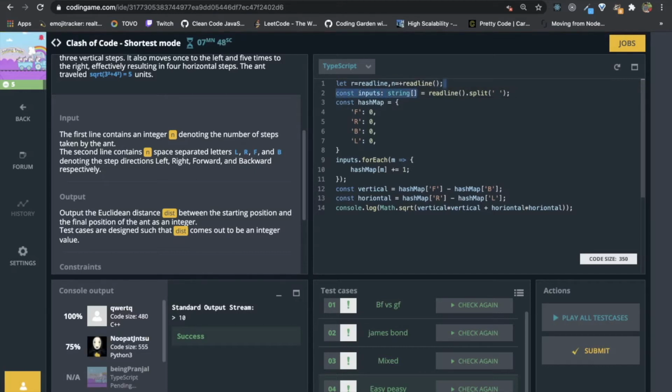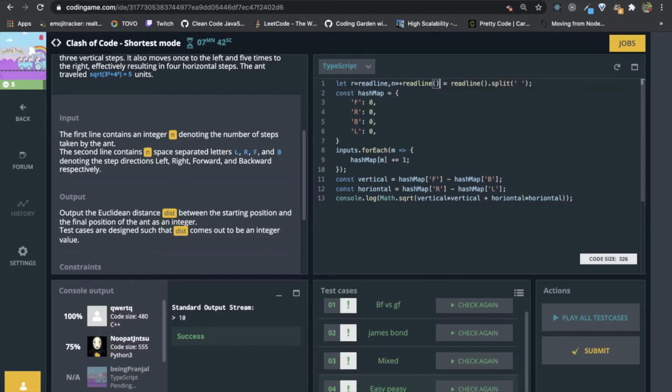Now we have inputs, so we can call it I. Now we have our hash map, so for the hash map we can call it M.